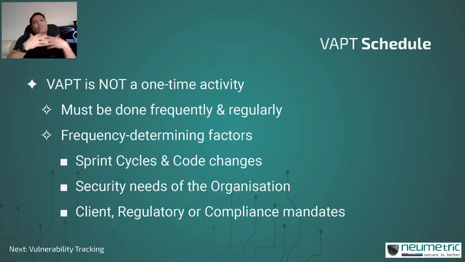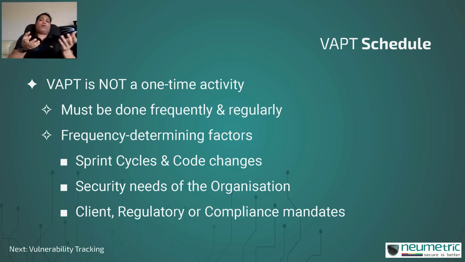Second is what are the security needs of your organization, in the sense that your organization may be a fintech. It may be handling credit card numbers. Clearly, your need for security is way higher in comparison to any other cloud-based SaaS provider who has built an application that does not even have PII in it. Maybe it is some kind of an analytics tool which uses data that is obtained from the internet. There is lesser need for security for that organization. Depending on your need, you should tie back the frequency of your VAPT.